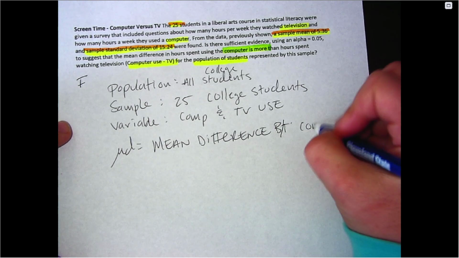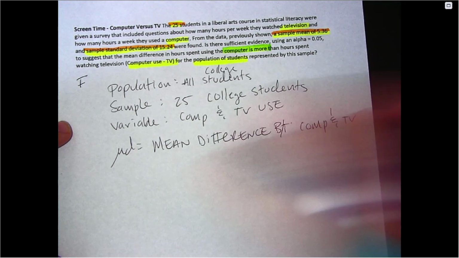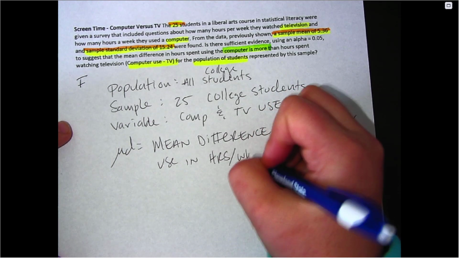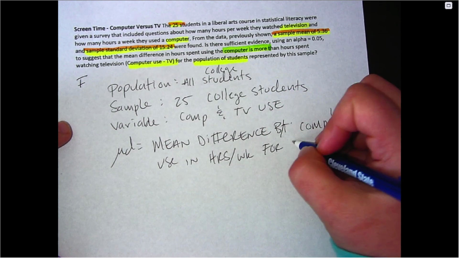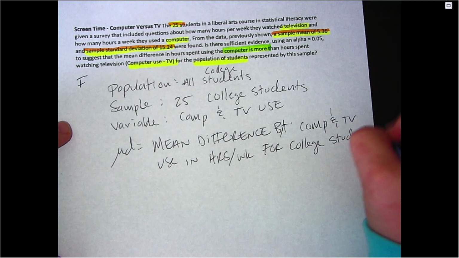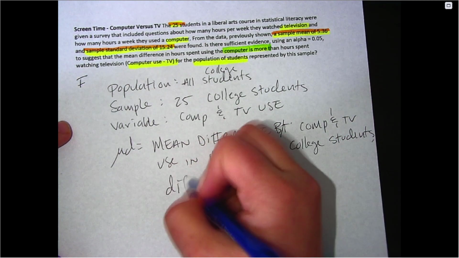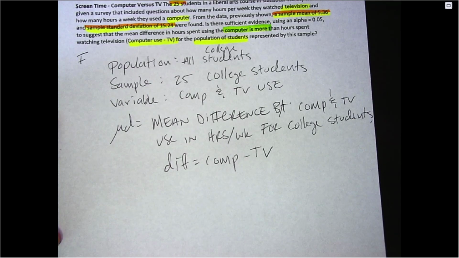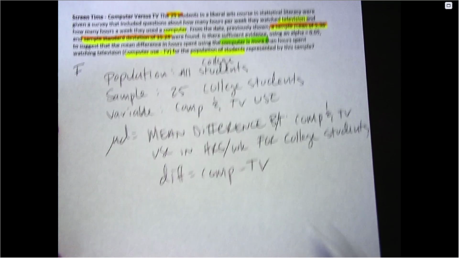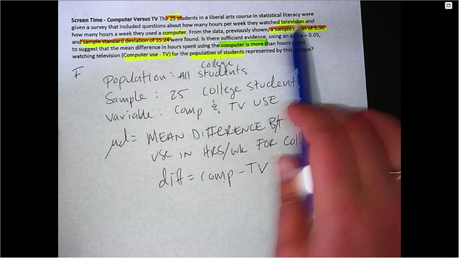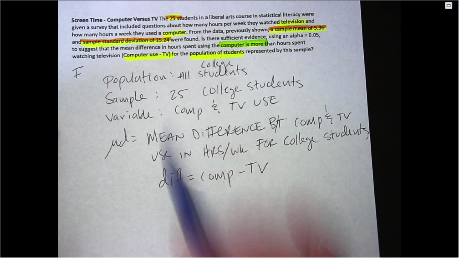our two variables, so computer and TV use. I guess we could say our units, which would be in hours per week. And then it would be for our population, which is college students. And then remember when you're defining a mu sub d, it's important for you to write how differences were calculated. So here we have differences equals TV minus computer, or excuse me, computer minus TV. So you can see those things that are highlighted in yellow are really what I've used down here for my